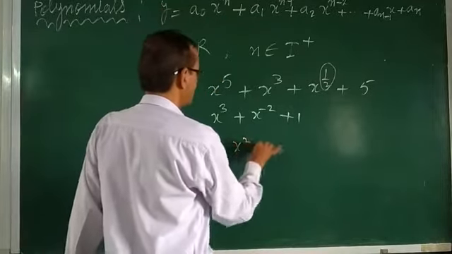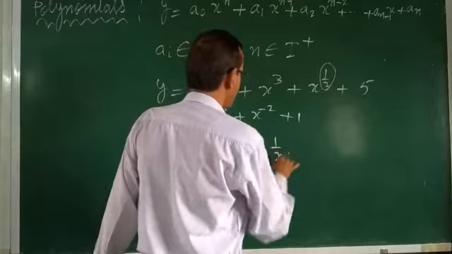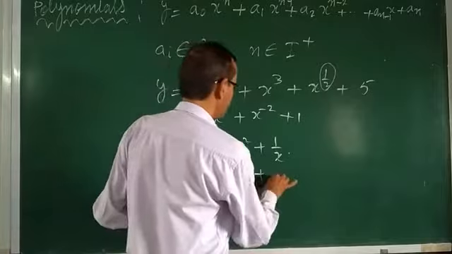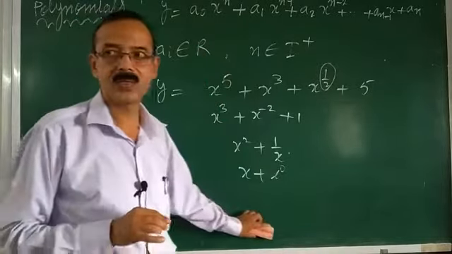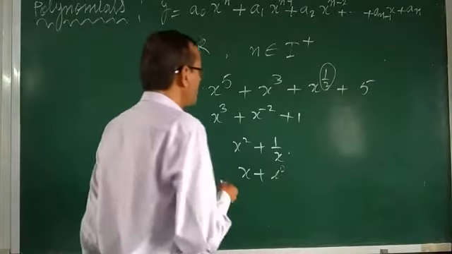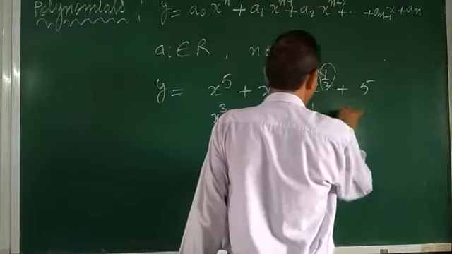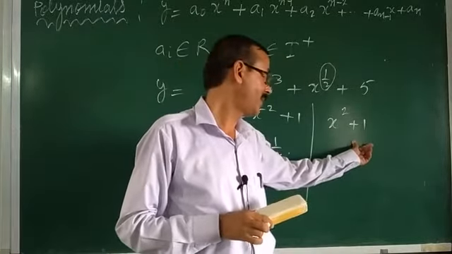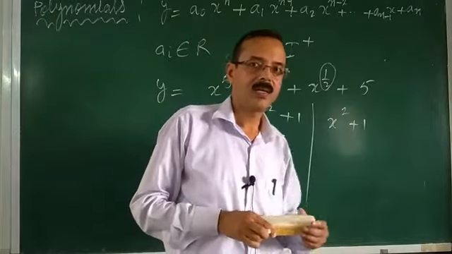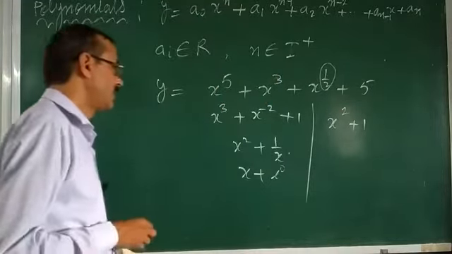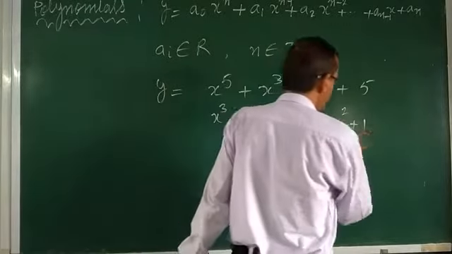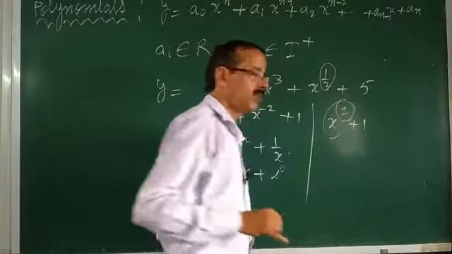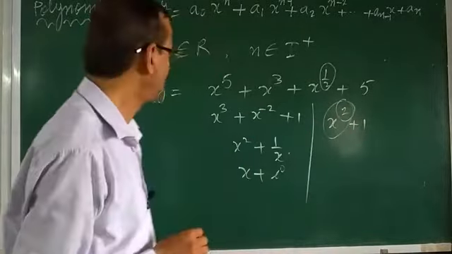Or if it is written x square plus 1 upon x, can you say this is a polynomial? No, this is not a polynomial. x plus iota, is it a polynomial? No. But if it is written x square plus 1, is it a polynomial? Your answer will be yes, because here the power is an integer, having degree 2. In between, terms can be 0, no problem, but the power should always be a positive integer, not a negative integer.